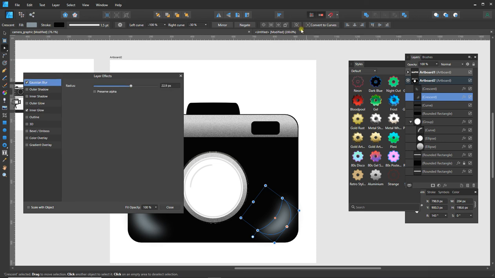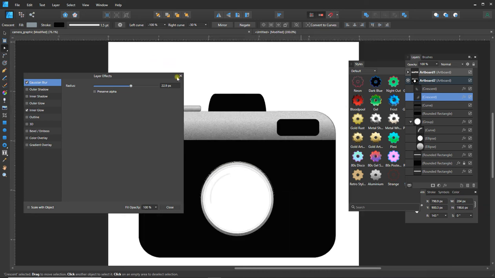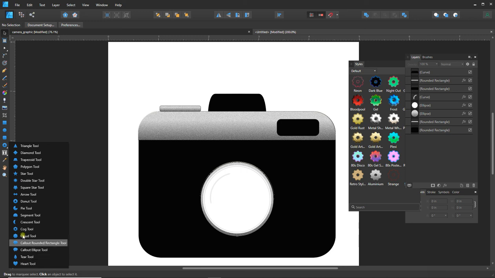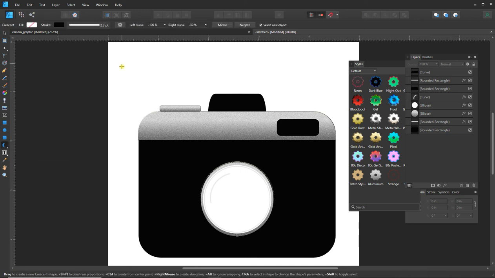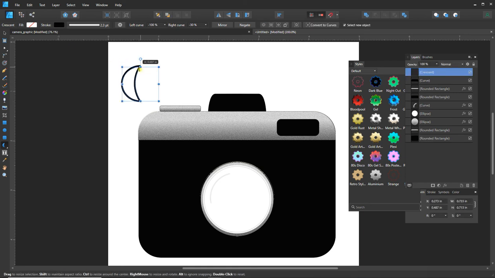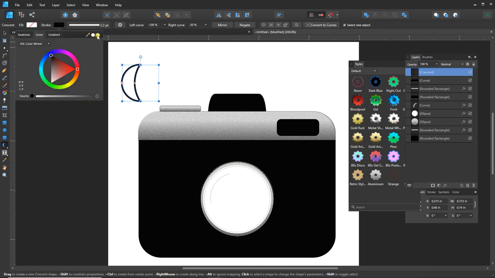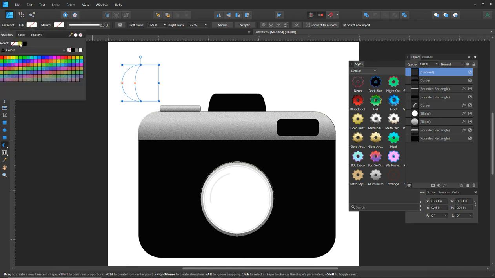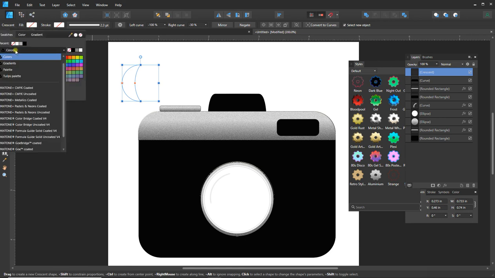All right, so let's go ahead and create our crescents then. That's also found under this extra shape tool here, crescent tool. And we will make our crescent, maybe squish it up just a little bit. And I'm going to take the stroke off of that and just put a fill on there. This time I'm just going to go with a gray that's a little bit lighter. So let's go